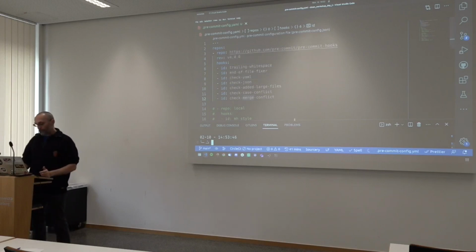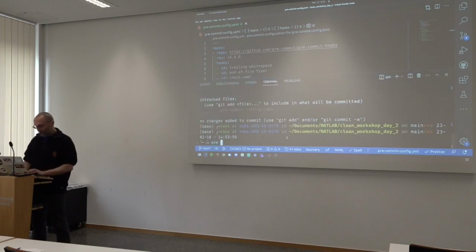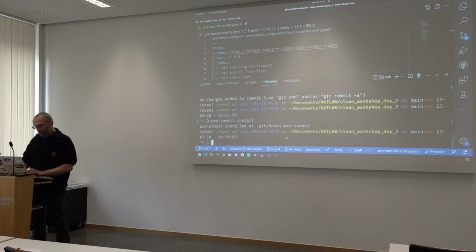And the way you install those rules is by running pre-commit install in the command line, and pre-commit will install those into the .git hooks folder, which is a folder used by Git to automate things.